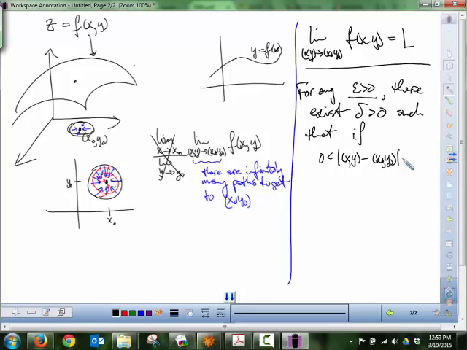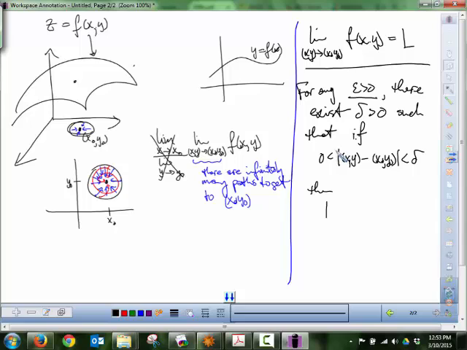Okay? In a way, this translates back to the original definition. I'll flash back to the previous page, and then we'll take a look at the book's definition of the epsilon delta. So if this is true, then this is true, that the